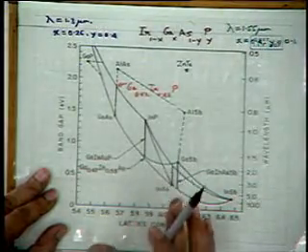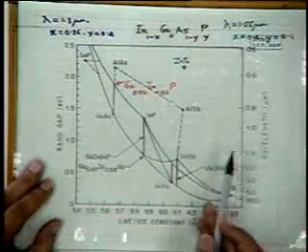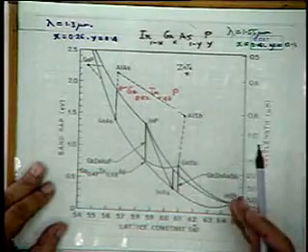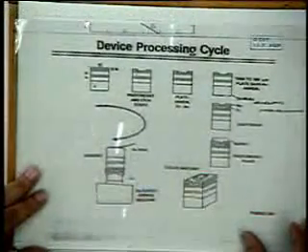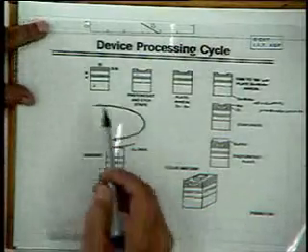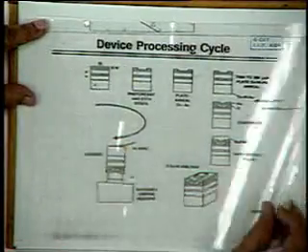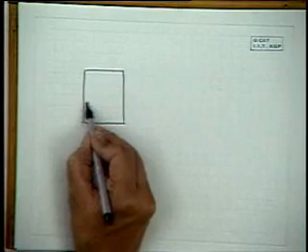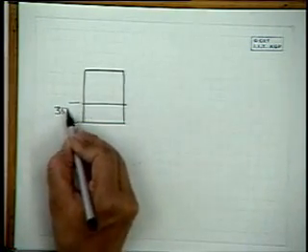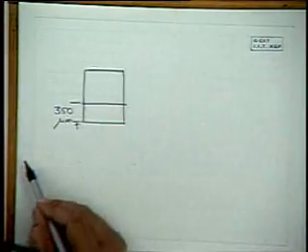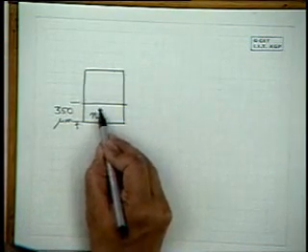So the first step in device fabrication is obviously growth of epitaxial layers of, say, gallium indium arsenide phosphide with the right composition. It can be double heterojunction structure or quantum well structure or strain layer structure. Once these layers are grown, then we follow this device processing cycle. Maybe I will draw them and show them later. This is the first stage. We have a substrate. The substrate is quite thick, of the order of 350 microns or 400 microns, depending upon the wafer size. If the wafer size is 2-inch, substrate thickness is 350 microns. If this is N plus, say, indium phosphide,